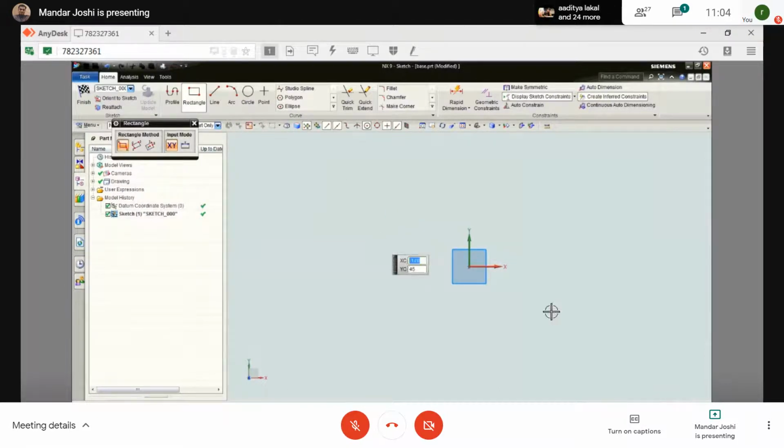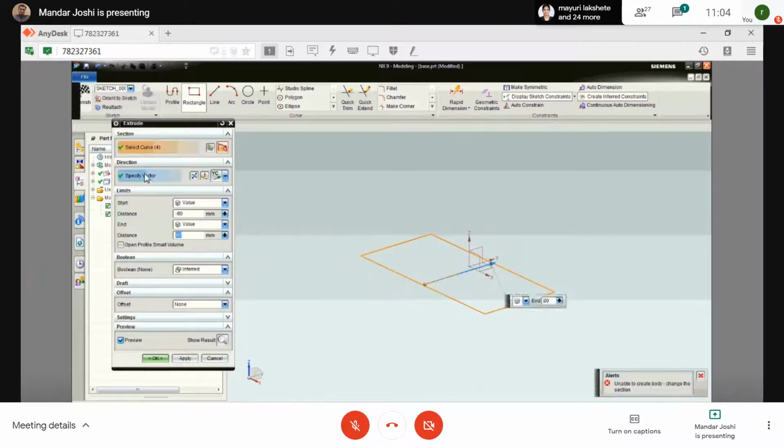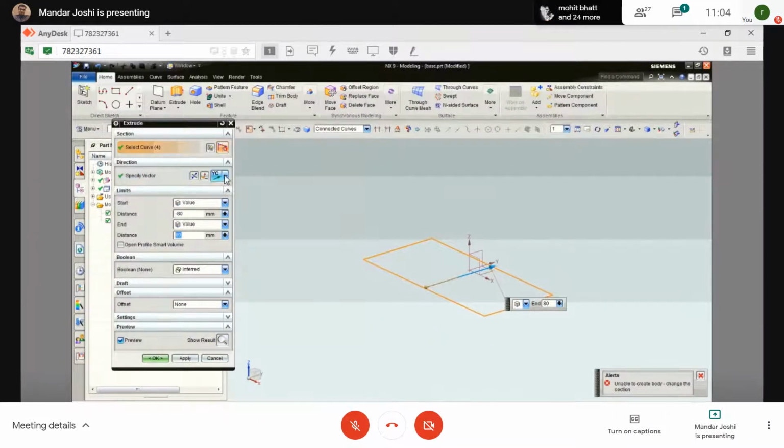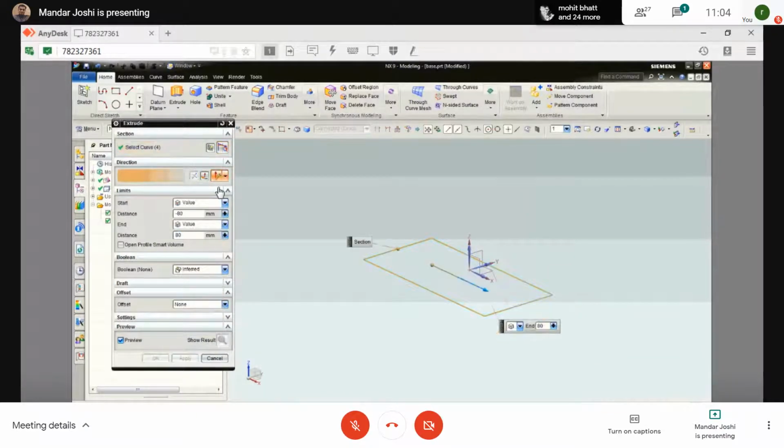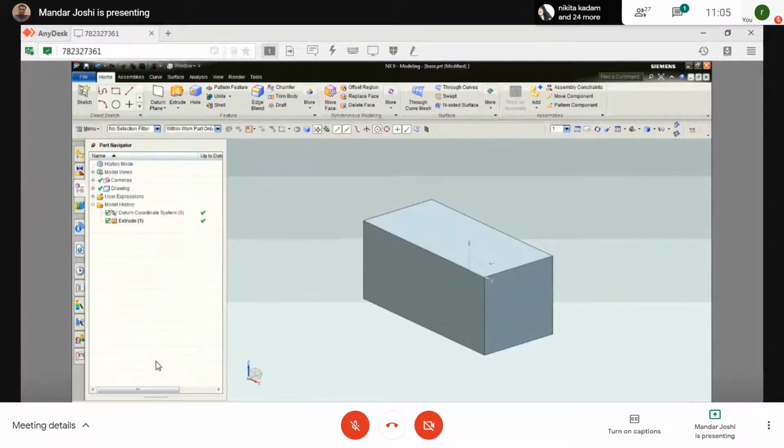One profile I created here. Finish. Direction I'm taking inward, Z direction.